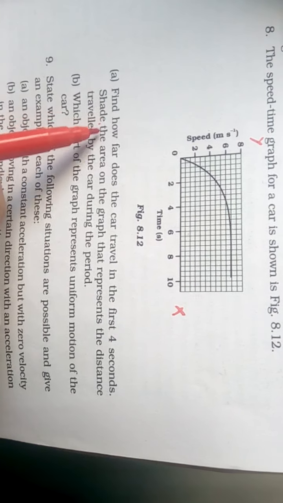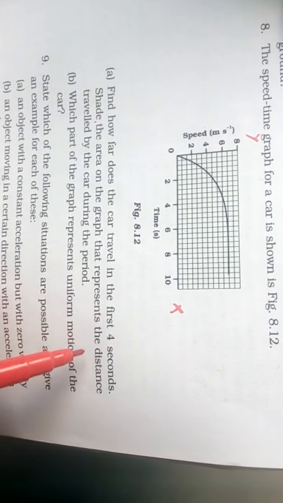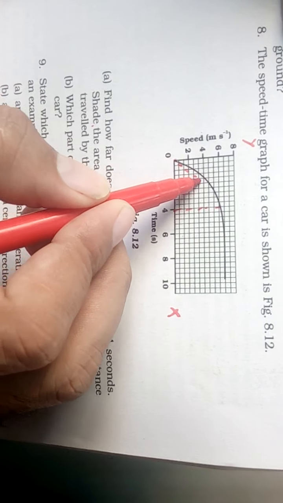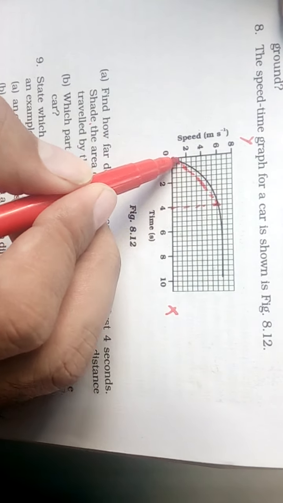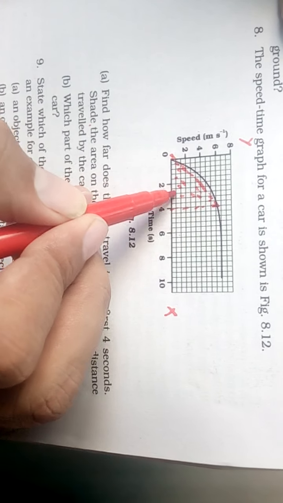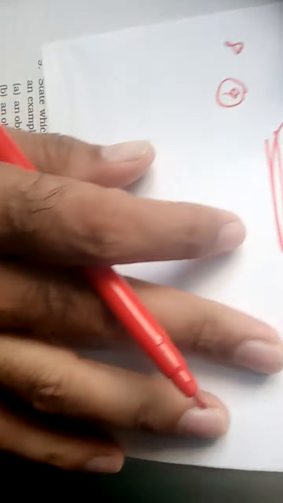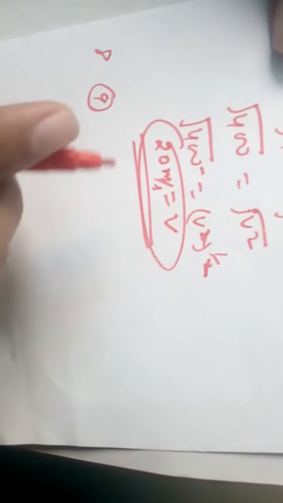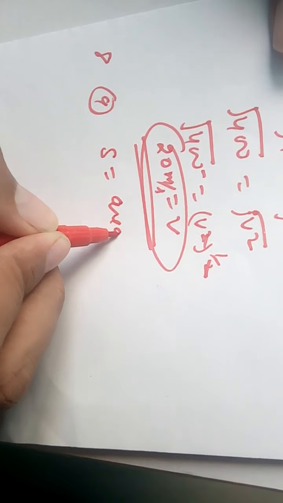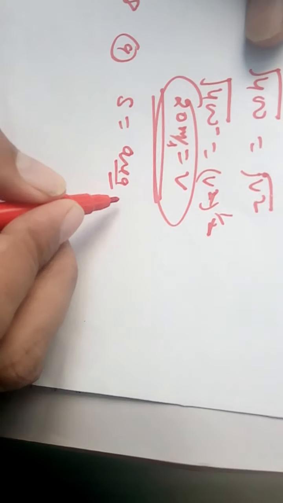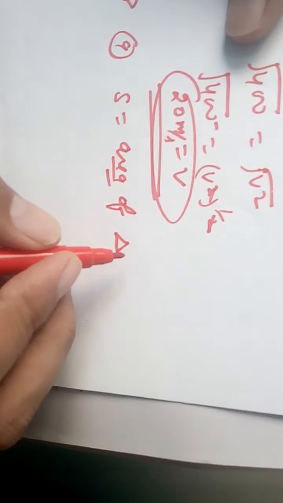Now shade the area of the graph that represent the distance traveled by the car during this period. So this is the area, like you said like this. Okay, straight line, it should be a straight line like this. You shade it. Okay, then you have to find the distance. We have one formula I already explained you for part 8th A. Okay, the distance is equal to the area occupied by speed time graph, and in this graph it is a right angle triangle because 90-degree angle is here, so you will use area of right angle triangle, right.